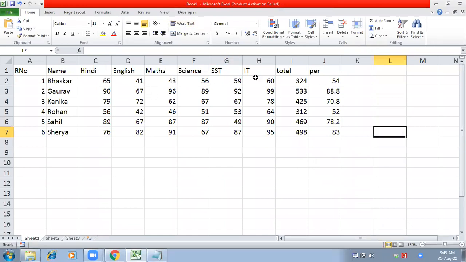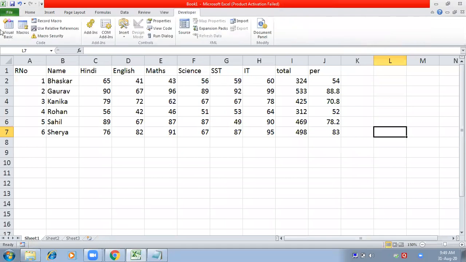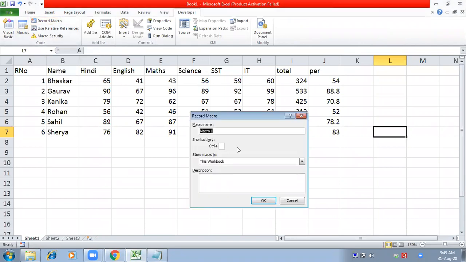So now suppose I have to record a macro. I'll go to the Developer tab and there is an option of Record Macro. Click on this. You have to write the name of the macro. Suppose I'm doing sorting on my sheet and I'll record that sorting.